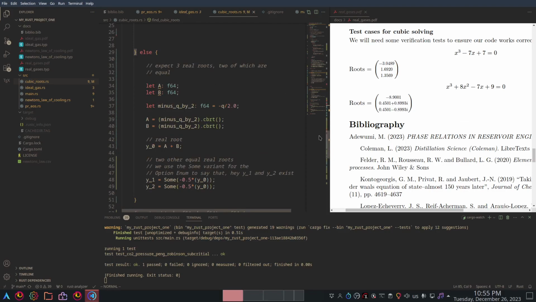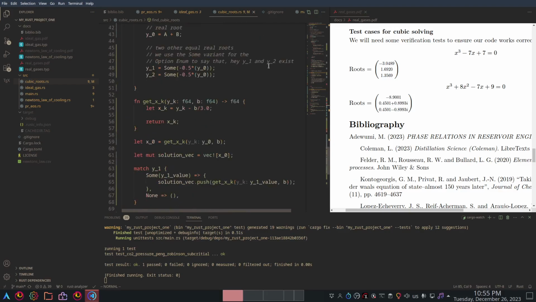Else, we expect 3 real roots, 2 of which are equal. A and B are defined as such, and the 2 real roots y1 and y2 are defined by this sum type of this option enum. Okay, we'll have to revisit enums again. It's probably quite confusing to you right now. So if you've never touched enums before, we'll deal with that again with some other examples, or just try